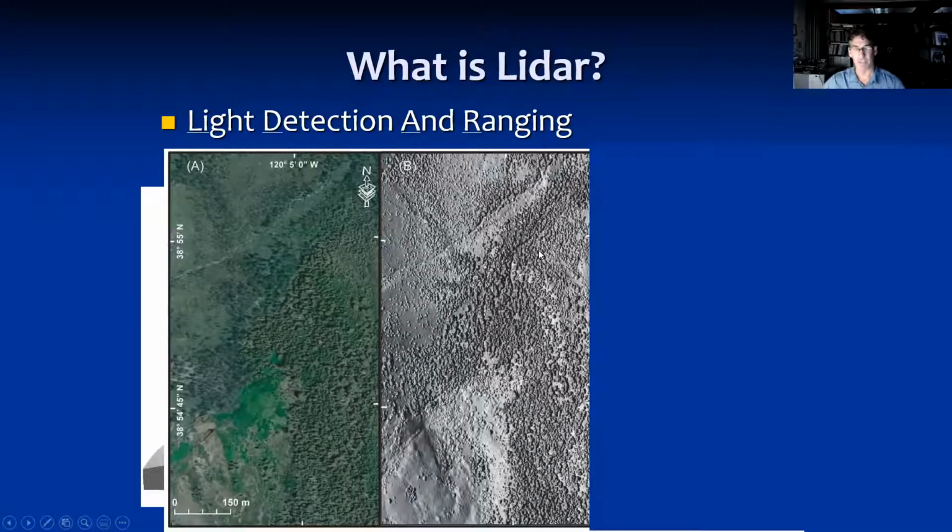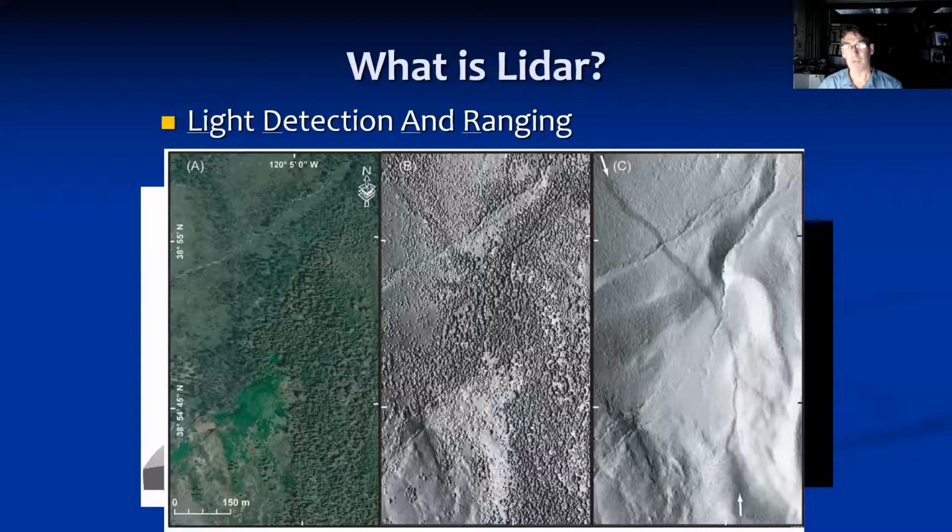For us geologists, we want to clear cut those trees out of there. And the great thing about these data, because they're digital, is you can strip away the trees. There's programs to strip away the trees and give you what's called a bare earth figure. In this case, I don't know if you guys can see, there is this stripe across the landscape here. That is an active fault on the west side of Lake Tahoe that was basically unmapped before the LIDAR came out for this area because we could strip away the trees.